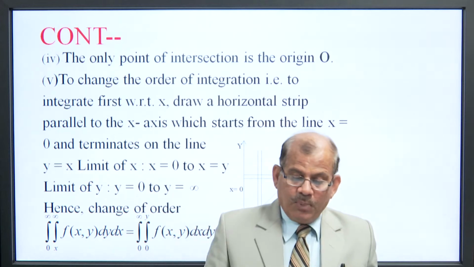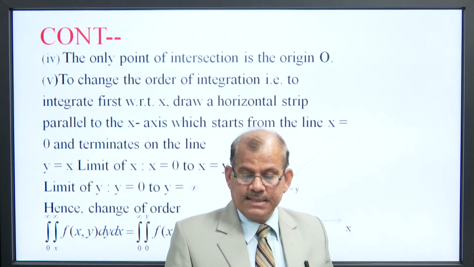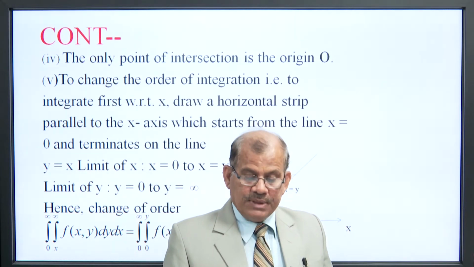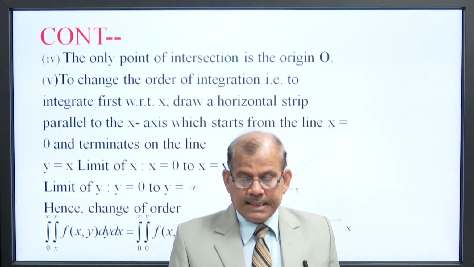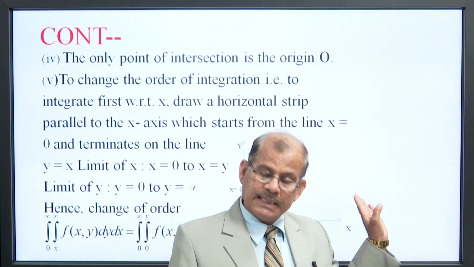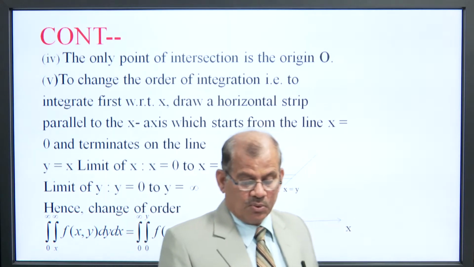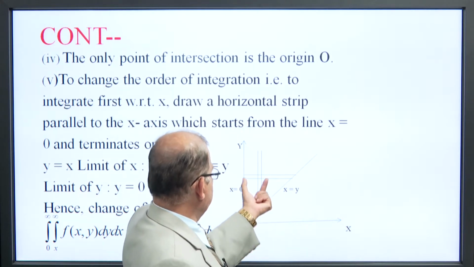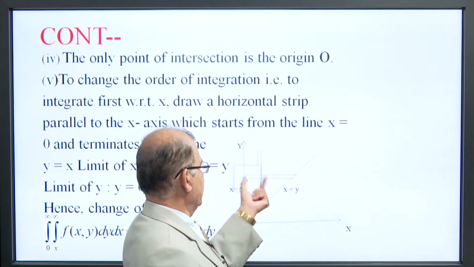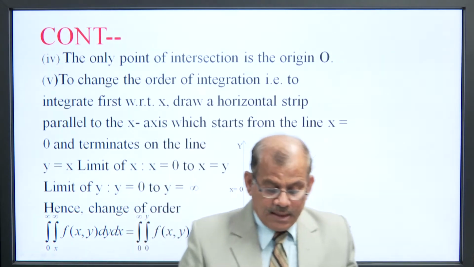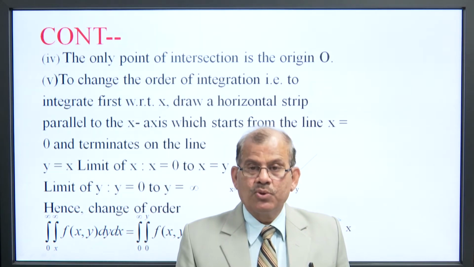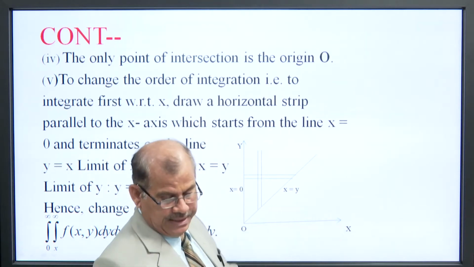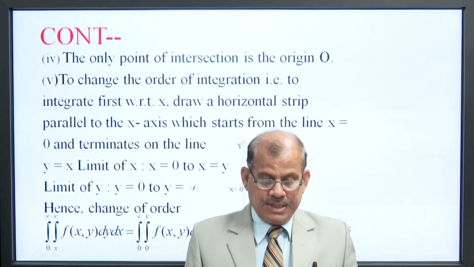The only point of intersection is the origin. To change the order of integration, that is to integrate with respect to x, draw a strip parallel to the x axis, which starts from the line x is equal to 0 and terminates on the line y is equal to x. We have to find the variable limit of x here. This gives x is equal to y, so the limit of x is from x is equal to 0 to x is equal to y, and the limit of y is from y is equal to 0 to y is equal to infinity. Means the change of order of integration is